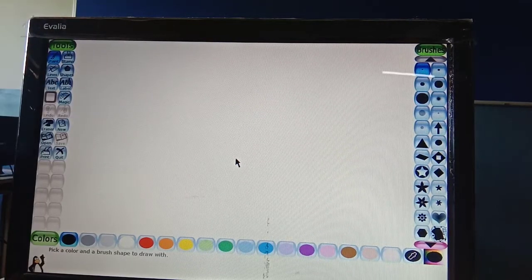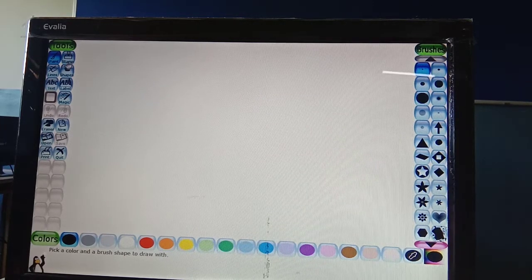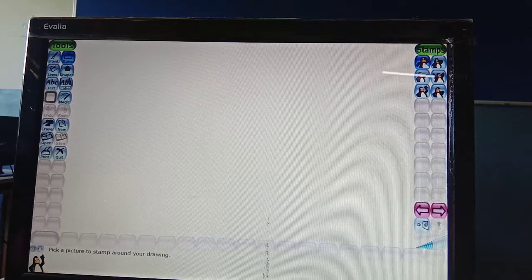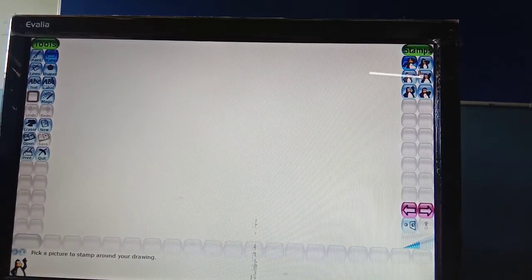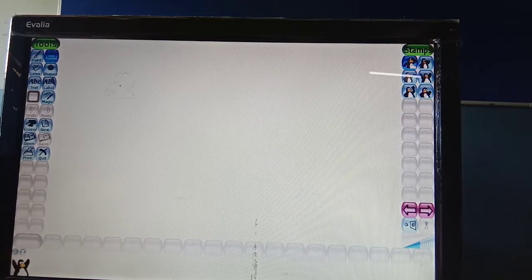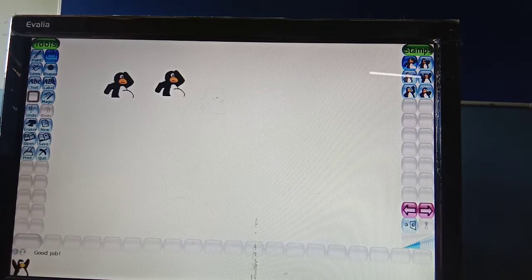Stamps are ready-made pictures that can be applied as a stamp in your picture. These are only drawing images. Click on the stamp tool, and all the available stamps will display here. These are the built-in stamps of your Task Pane. Just like this, as I select this, I can put it anywhere.